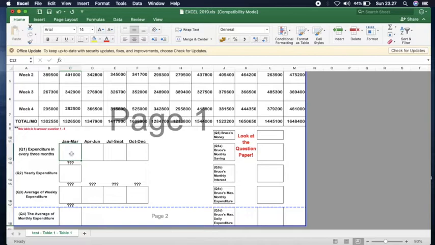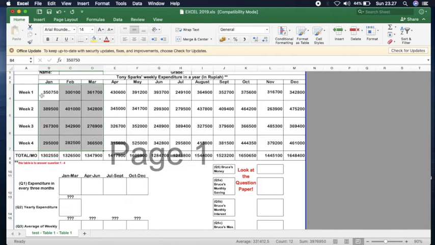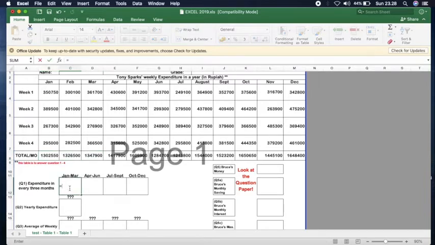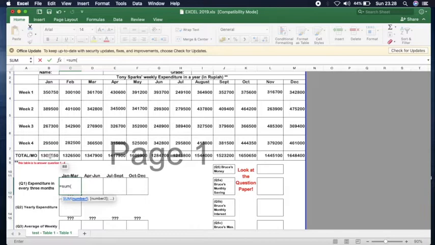And how are we going to do the calculation? All right, as you can see, it's asking for the total expenditure in every 3 months. So it's either you find the total of all the weekly expenses or the total of monthly expenses. Now, let's go with the monthly since this looks easier. How do we do it? Very simple, as I mentioned to you before. Start with the equal sign, use sum, opening bracket, and select the three cells of the first 3 months, closing